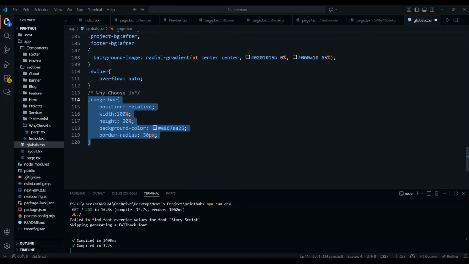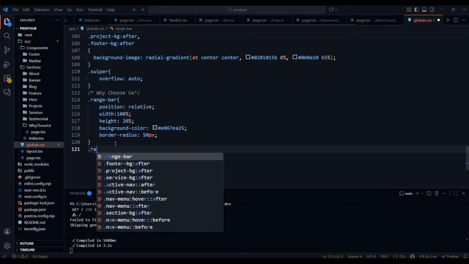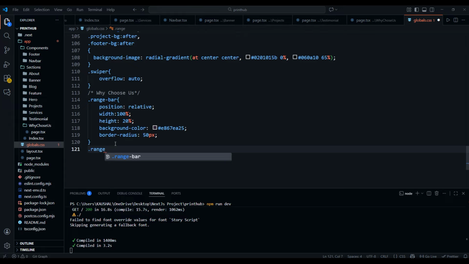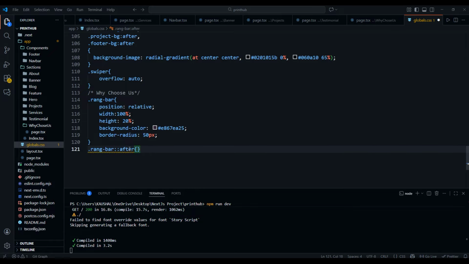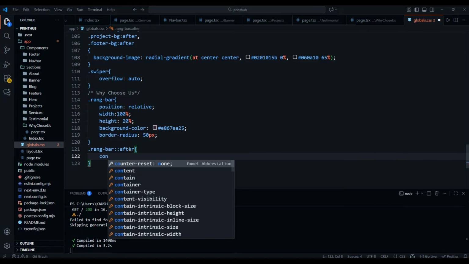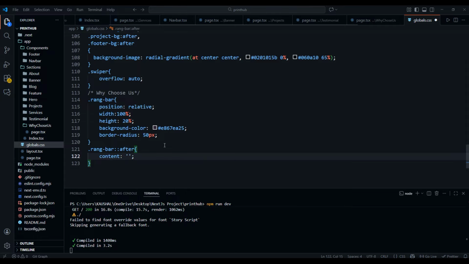Now we need to use range. You can check that in our code we use range, so keep that in mind. Range bar after, content is nothing,